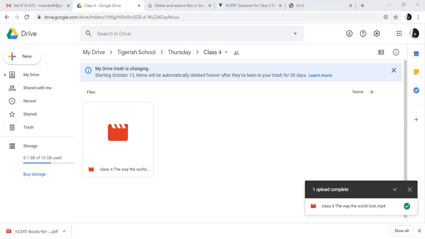One third is written as 1 by 3. What does 3 mean? How many parts do we have in the flag? Three parts. How many colors do we have in the flag? Three colors. That means three parts. So this three is the total parts. One means one part of that flag. One part of that flag should be colored in which color? Saffron color or orange color.